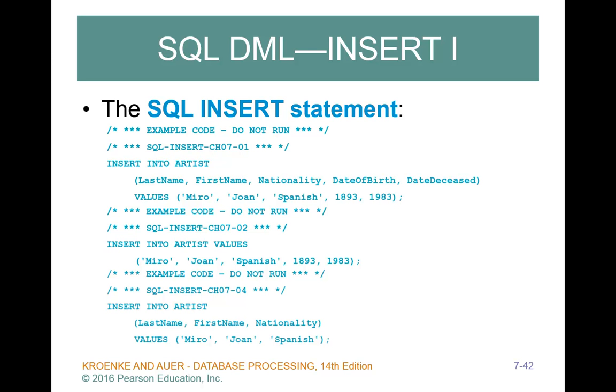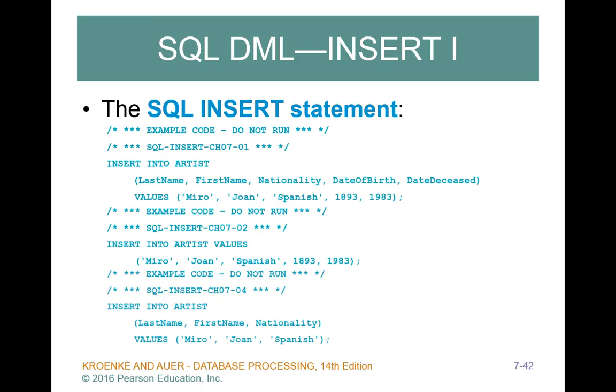Next up is more data manipulation language. We should already pretty much understand this because we talked about it in Chapter 3, I do believe, and in Chapter 4 in regards to normalization. The SQL insert statement is in our first example here. We have an insert into artist. What we've indicated in the first parentheses are our columns, in the order that we want to receive those values. And then we use the